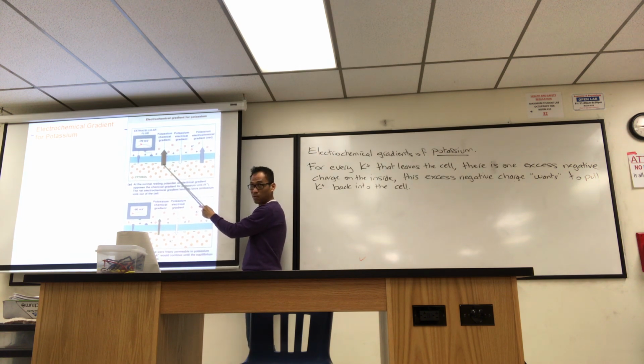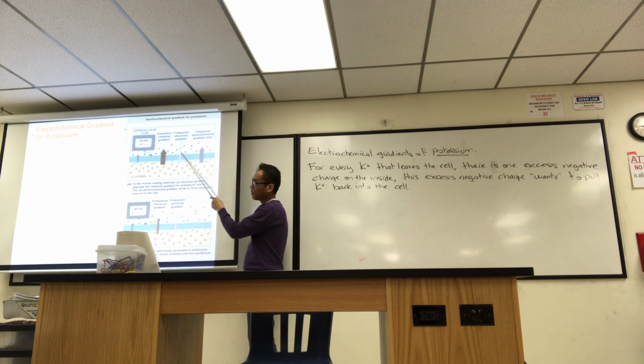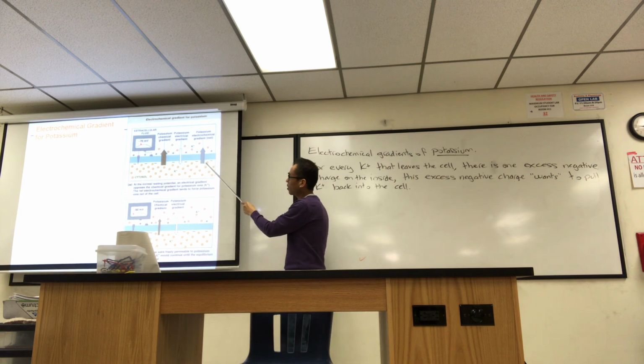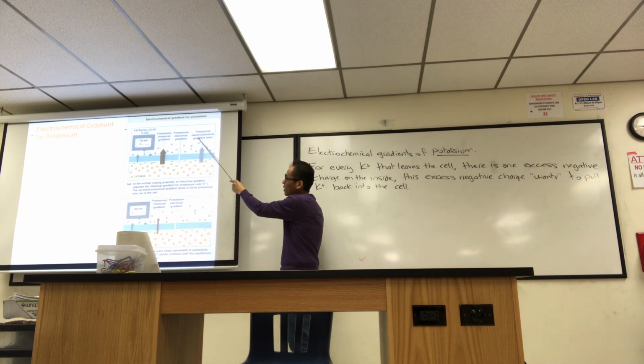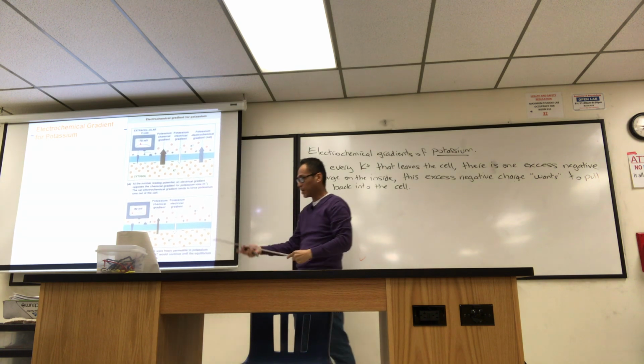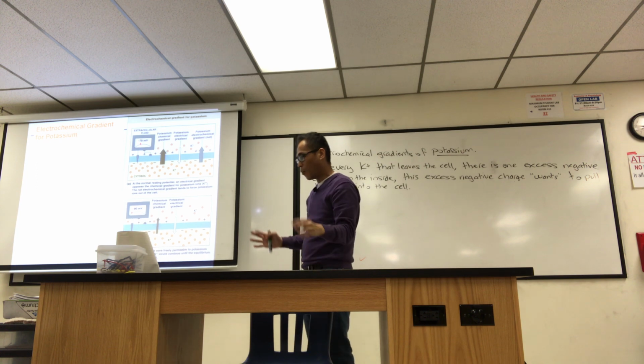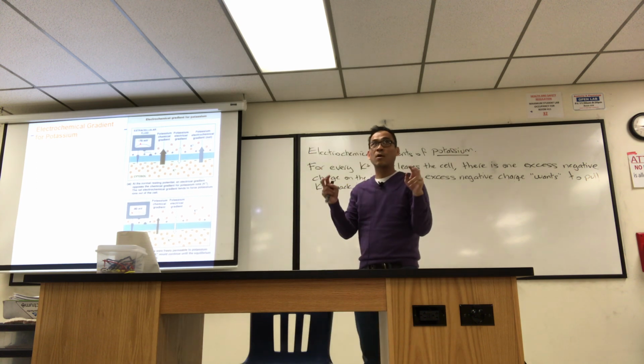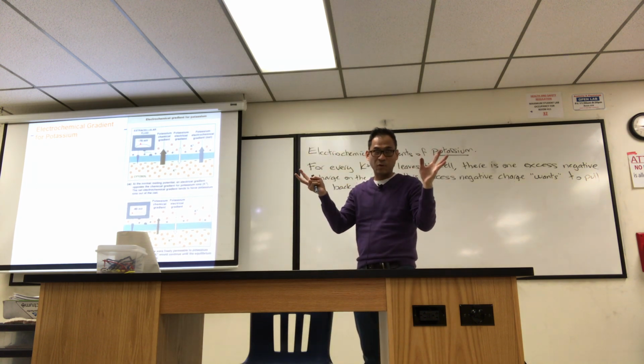The chemical gradient is stronger. So what you can assume is, well, more potassium will leave than get pulled back in. That's what you're supposed to assume. That's why they put this third arrow here. Well, what's the net electrochemical gradient? Well, it's out. So the question becomes that physiologists always like to ask: at what point do you reach the equilibrium potential for